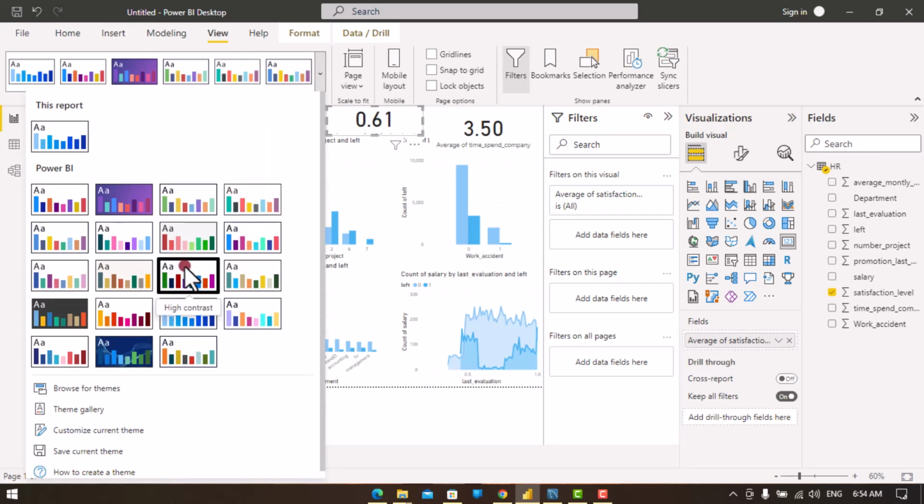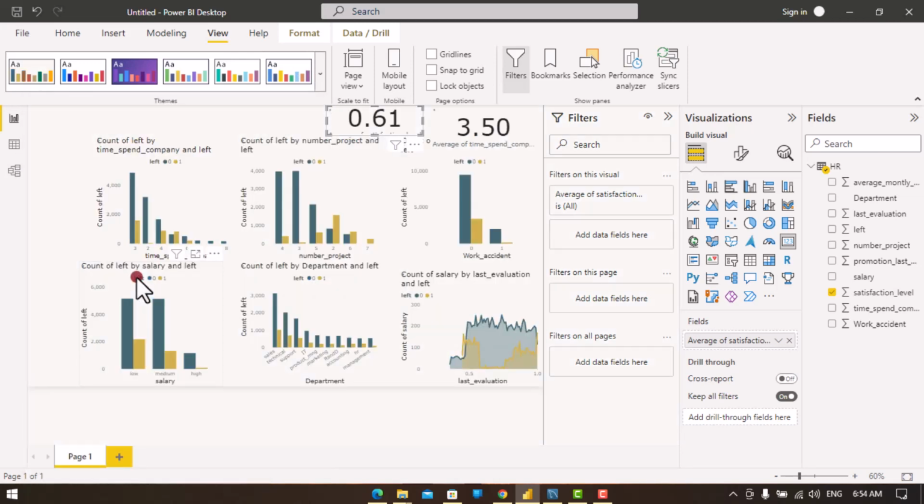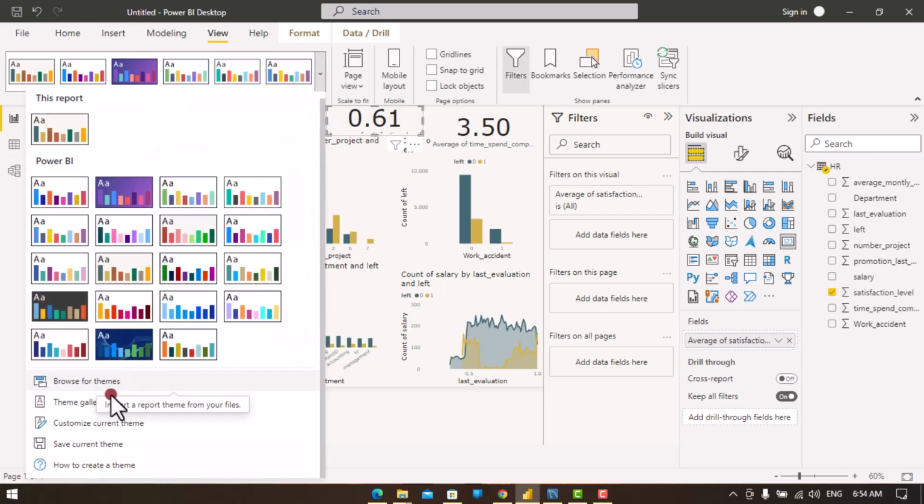You could also use Frontal. Okay, this is more appealing to me. Now you could also click on View, then scroll down to the section where you see